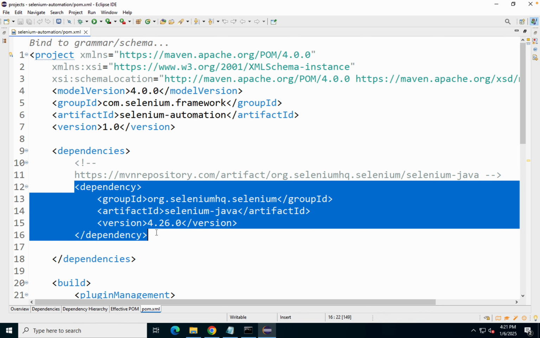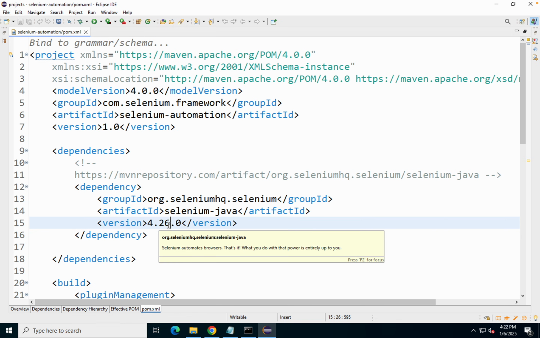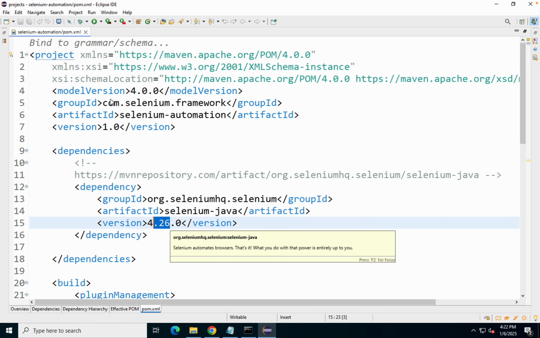have to add a Maven dependency like this, and we just have to save our project. It will download all the necessary files, libraries, whatever is needed, and it will take care of everything. And suppose tomorrow if I want to change this Selenium Java version, I will not have to go inside my project, inside my libraries, inside the resources, or change anything, remove anything, or add new things. I will just have to change the version here and save the project. It will remove the older libraries and add the new libraries, and this will happen for any library, any dependency